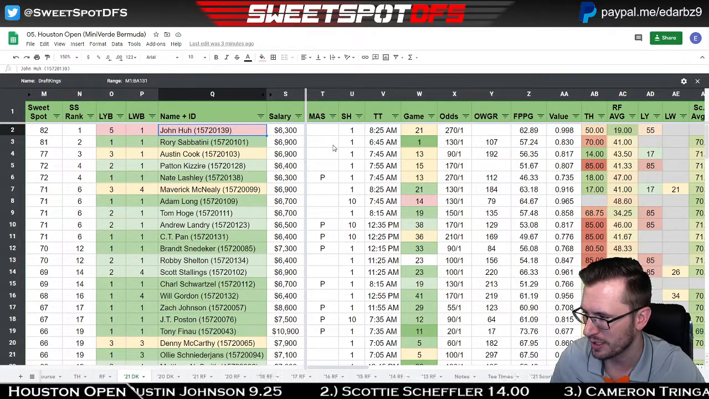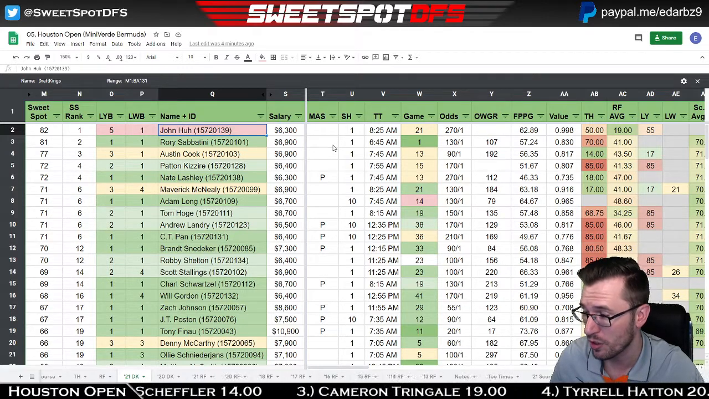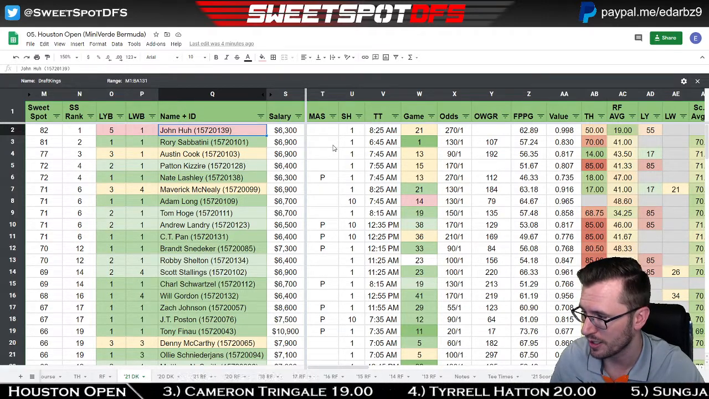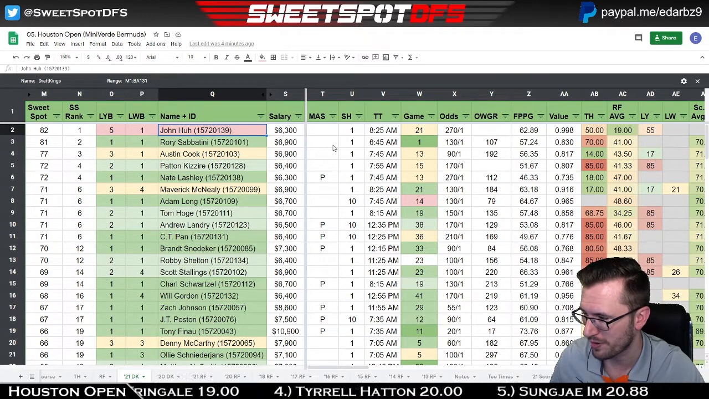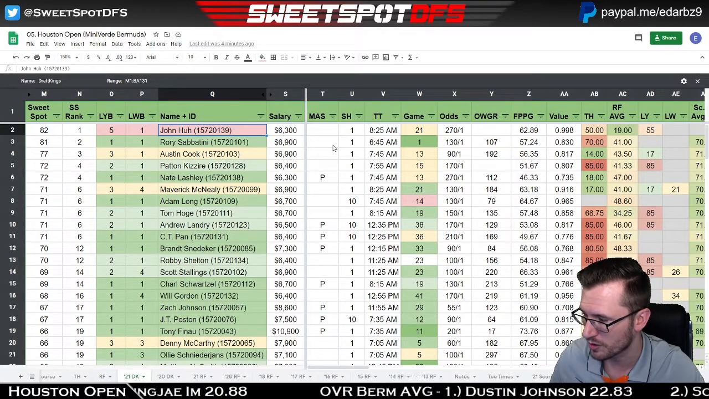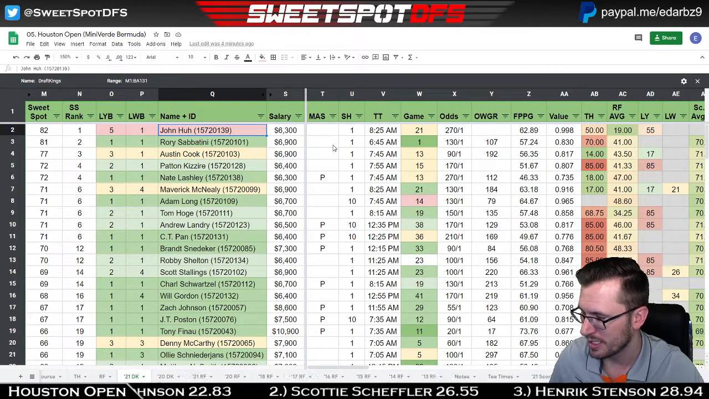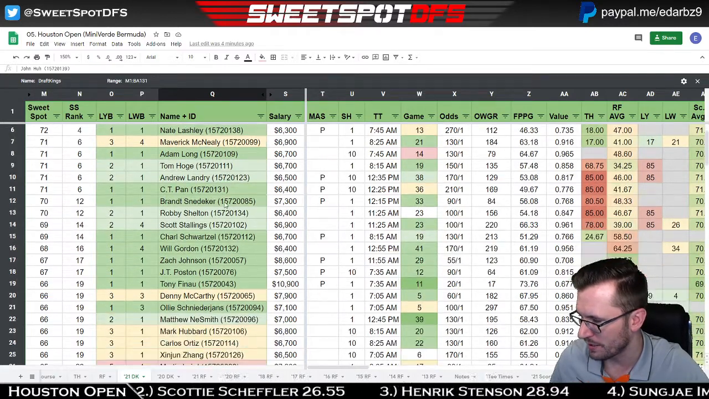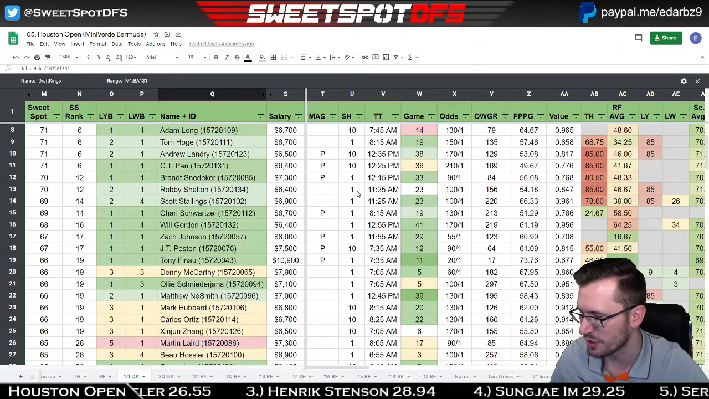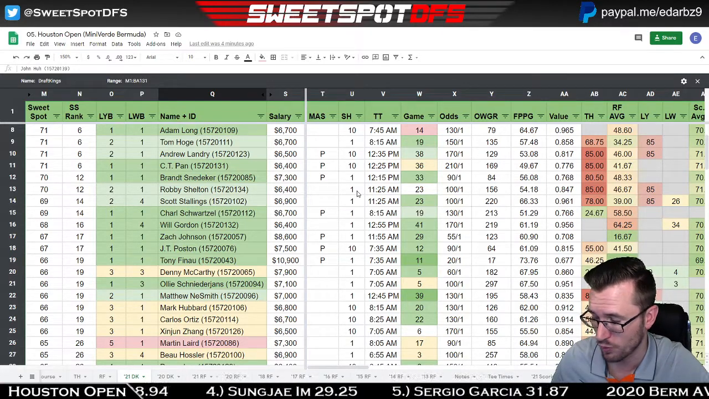6, Maverick McNeely. Actually, this is a tie for 6. Adam Long is there. Tom Hoge is there. Andrew Landry. CT Pan. Then we go to 12th, Brandt Snedeker. Also 12th, Robby Shelton. 2 guys tied at 14th, Scott Stallings and Charl Schwartzel. 16th alone is Will Gordon. 17th is tied between Zach Johnson and JT Poston. There's a big tie for 19th, and that is Tony Finau, Denny McCarthy, Ollie Schneiderjans,